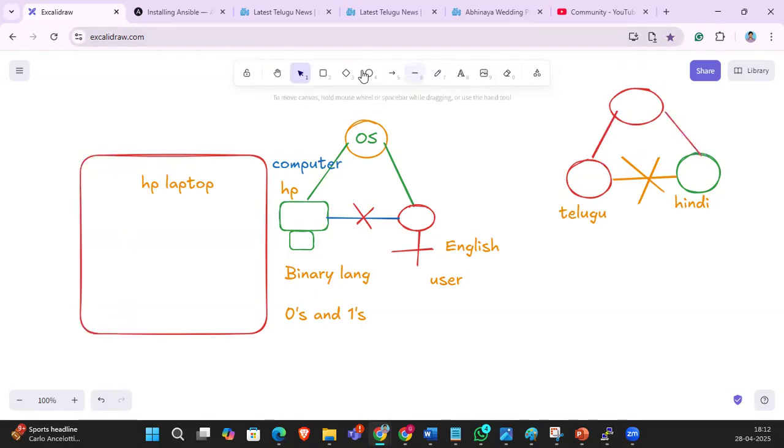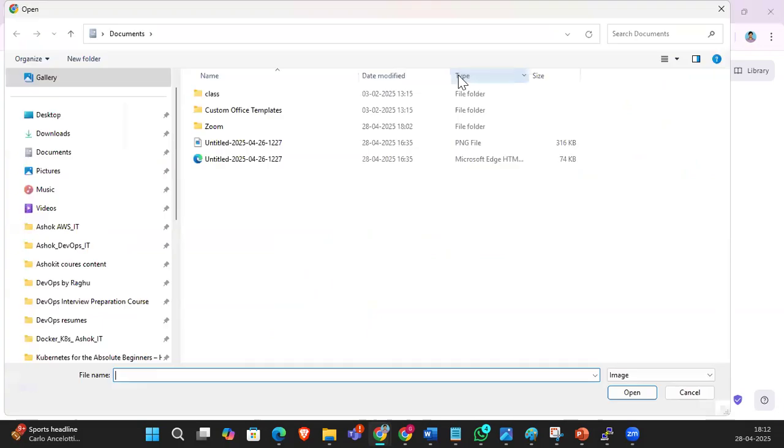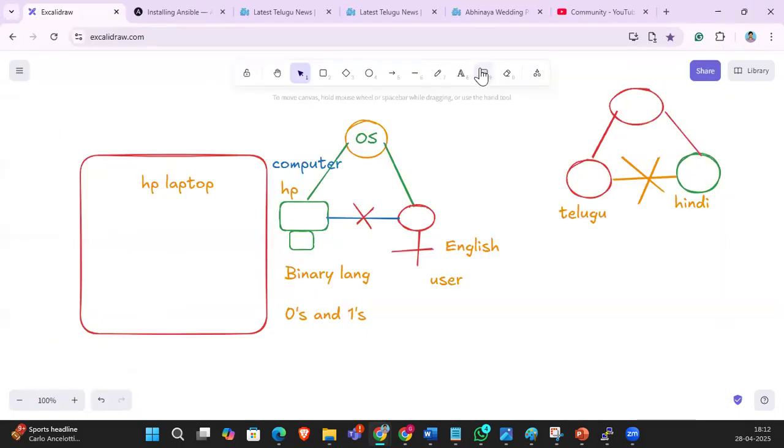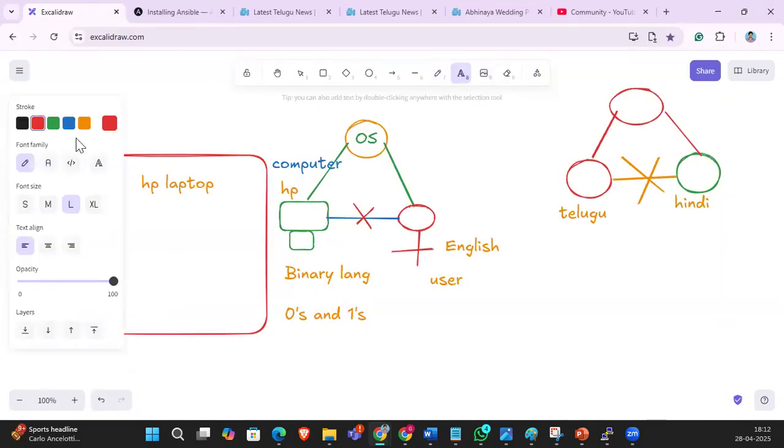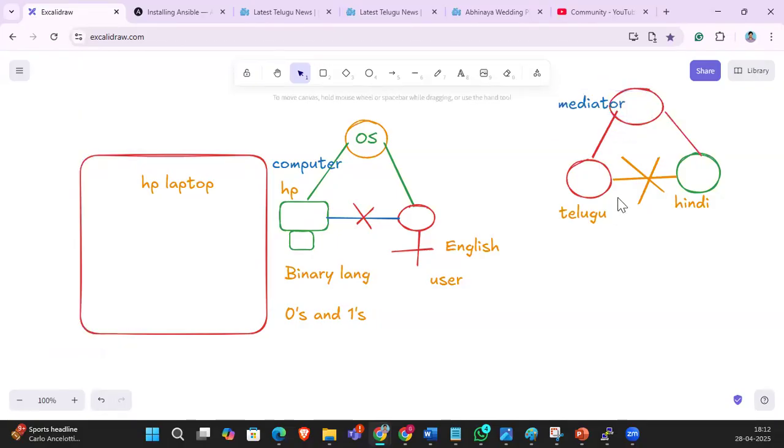So here, who is the mediator, guys? Hari is the mediator who knows both the languages. So whatever Shiva conveyed to Hari, Hari translated into Hindi and informed to Ajay. The same vice versa.